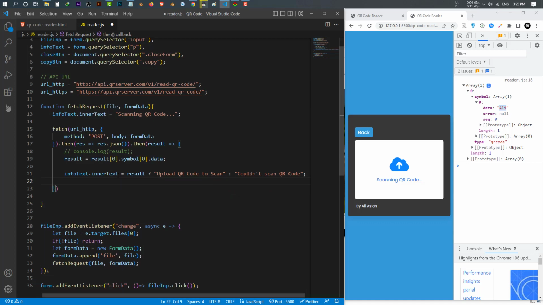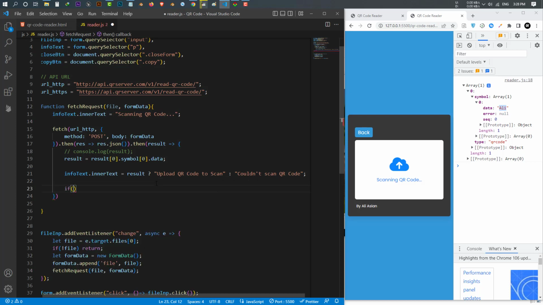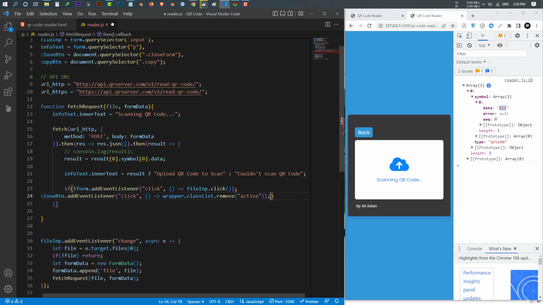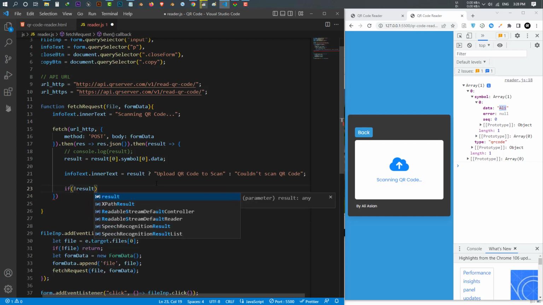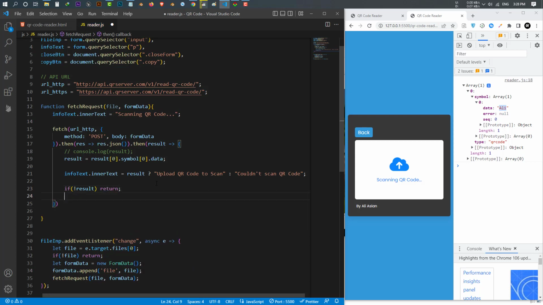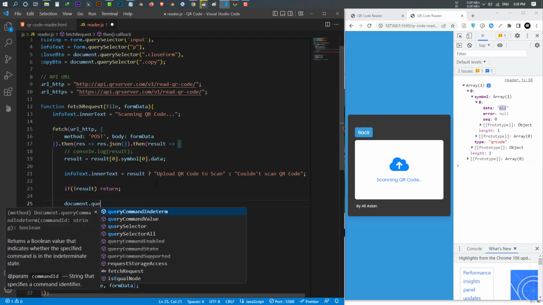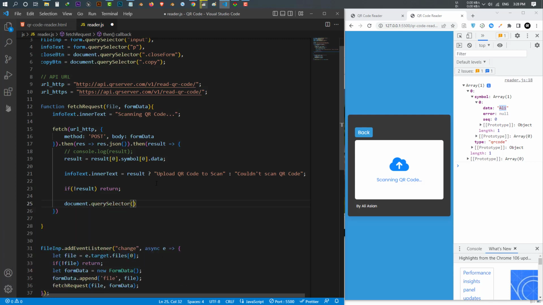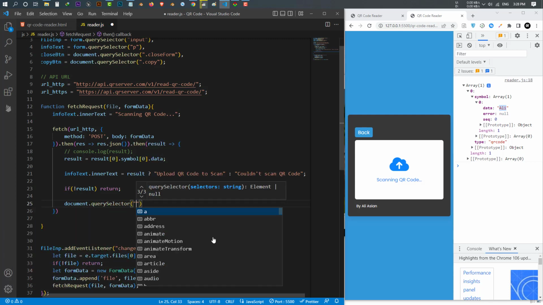Very understandable, right? After that I say if the result is, if we didn't receive any result, we just return. After that I select the text area by using document.querySelector. Let's see the text area itself, text area, and I change this inner